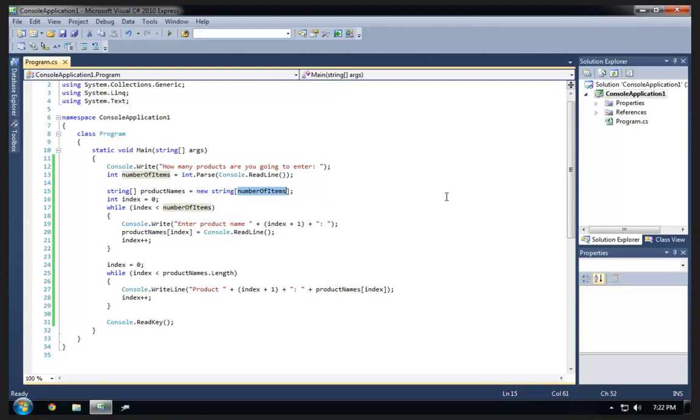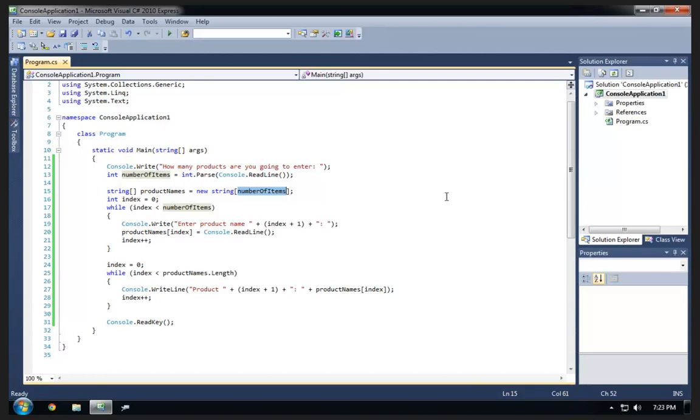The only way to even come close to mimicking that behavior would be to instantiate an entirely new array with a larger number, copy all the values from the old array into the new array, and then dereference the old array. And that would be just very obnoxious to have to do, and just overall, because arrays are constrained to how many items you start with, that doesn't make them very useful for a lot of